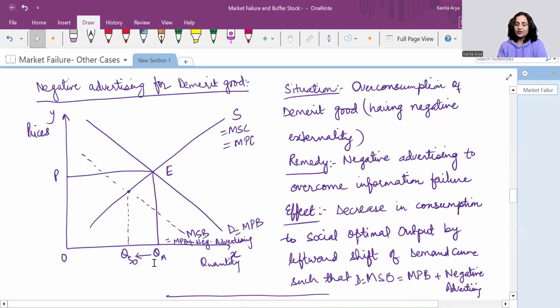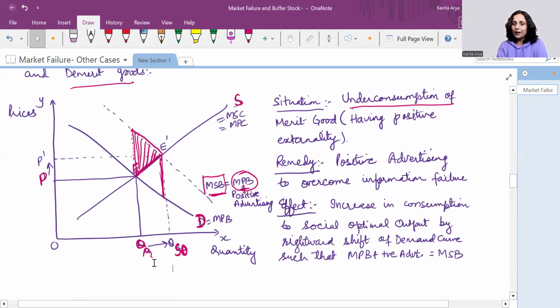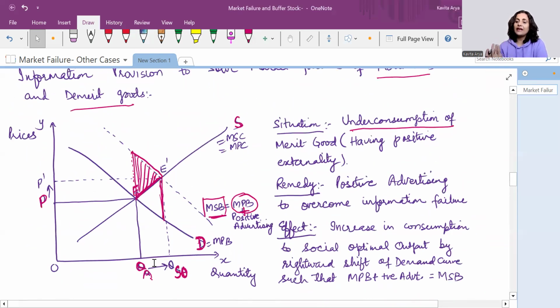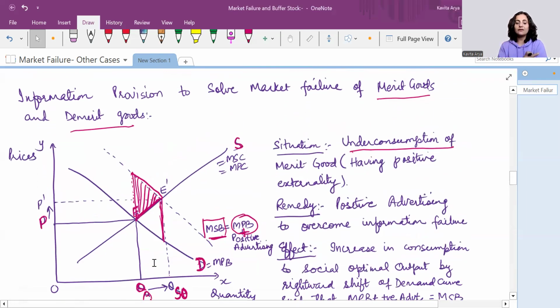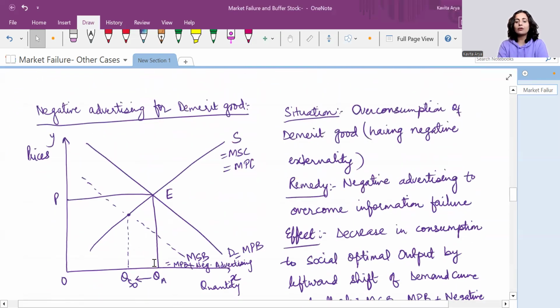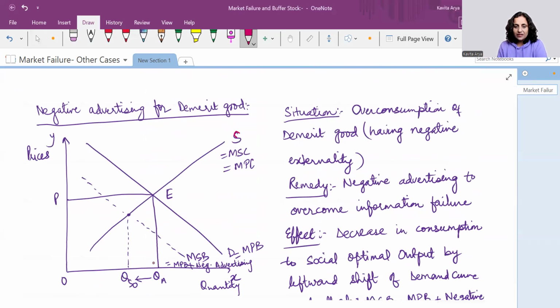So this is again a consumption situation. Please stay informed that whenever we are talking about positive or negative externality of consumption, goods would have two curves showcased in terms of the demand curve. The supply curve remains unimpacted. On a very similar note, here also we have shown just a single supply curve, which showcases both the levels, MSC as well as MPC, marginal social cost and marginal private cost, by this upward moving supply curve. But when we have a demerit good, the good has a negative externality.